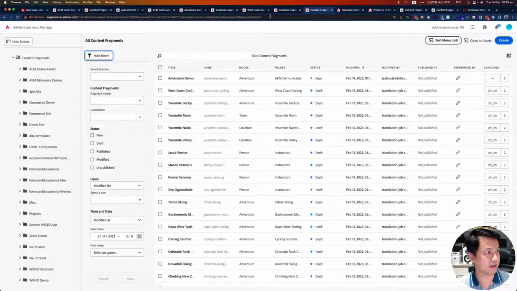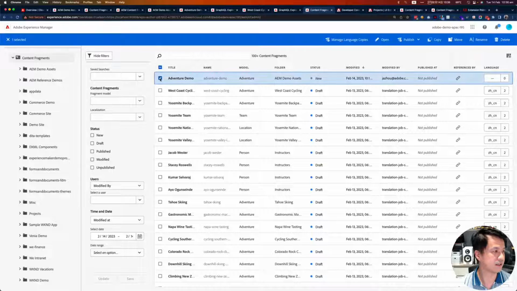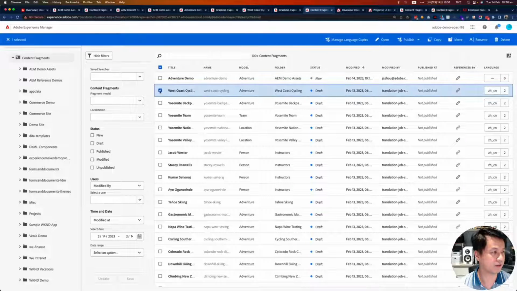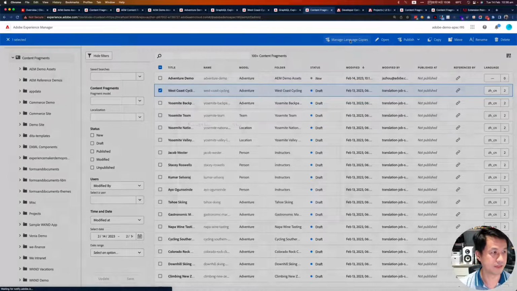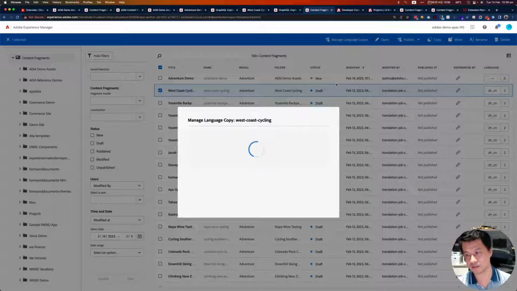Once I click refresh, the unified shell will kick in, and because it understands from the parameter that this is dev mode, it's going to load the extension from a localhost server. So that code will be fired from your browser to your localhost. As you can see, after refresh, I got an additional menu here. And when I click one with the language copy over here, I can see an additional action bar. If I click this, this is where your custom UI loaded.